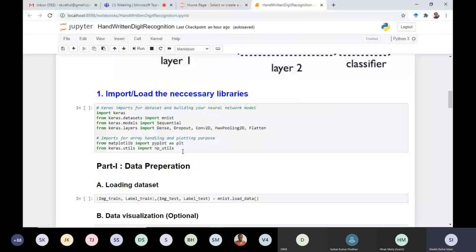In the second line, if you notice, that is keras.datasets. In Keras, we have another module, a folder you can consider, datasets. From there, we'll import MNIST. That dataset we are going to use is already provided by Keras. In this module, we are just importing from there, so a lot of effort will be reduced.